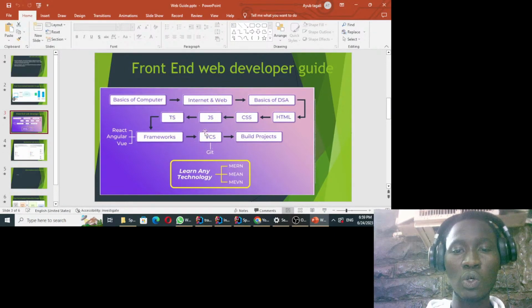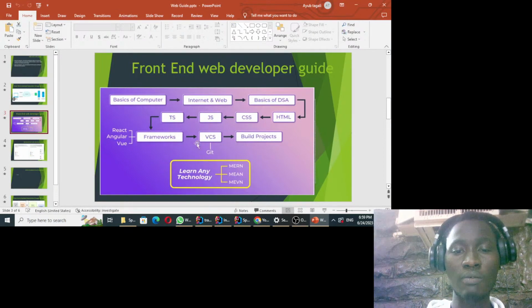We have a lot of different types of version control systems out there. We have GitHub, GitLab, and also Bitbucket. You can use any version control system of your choice, but we are also going to look at one of the version control systems, which is GitLab, and we will get to know how we manage our code in this version control system. So we have Git.